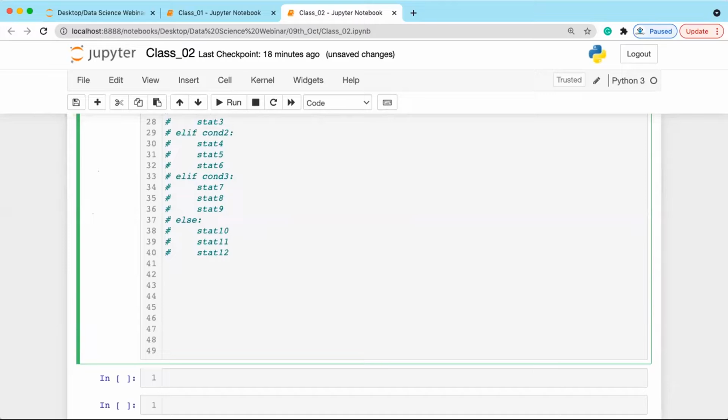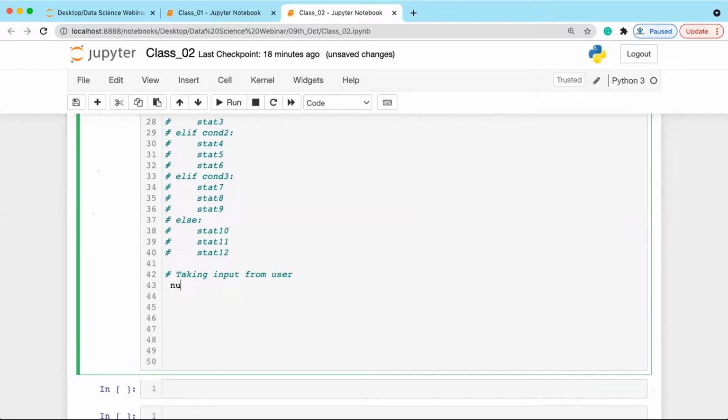First of all, write a program. There is an input function. If you want to take the input from the user, then you can use the input function. So I'll be taking a number, and I'm going to check whether that number is even or odd. So I'll be writing num is equal to int input